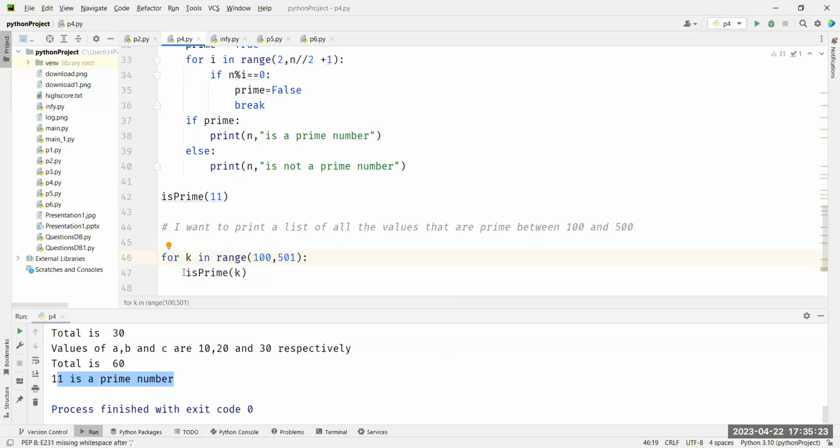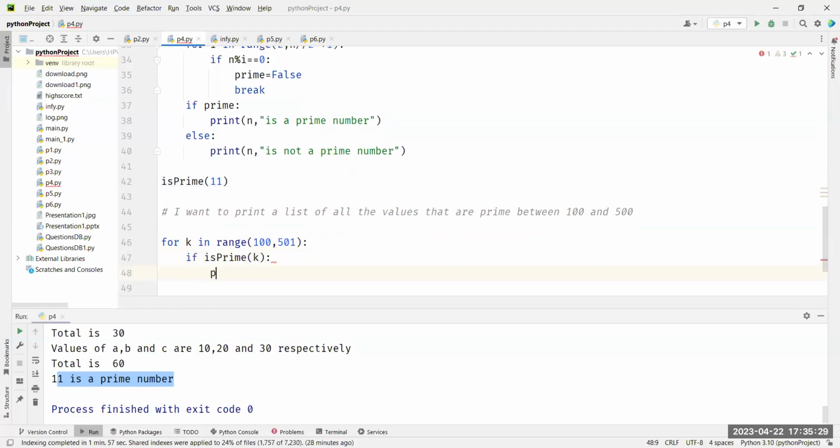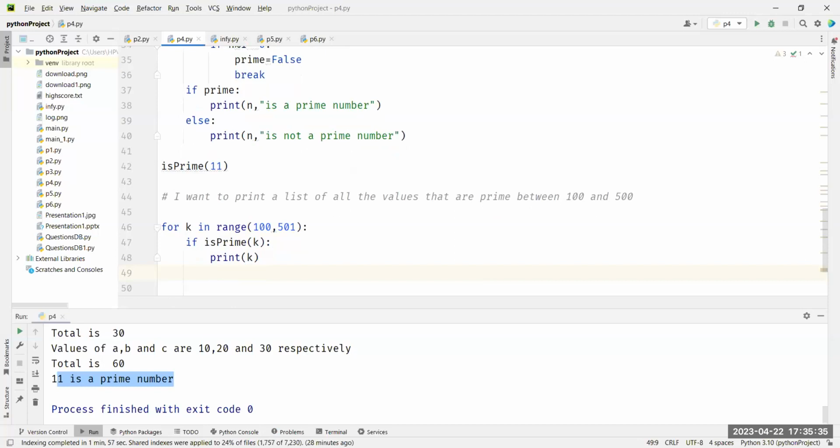If it is prime, if is_prime(k), then print k, otherwise don't print k. Good logic, right? So is_prime is checking for me if a number is prime or not. So I will take each value from the list, pass it to the function, and get to know whether it is prime, then print it. If it is not a prime, don't print it, right? So I'm saying